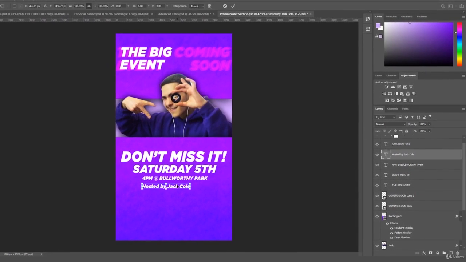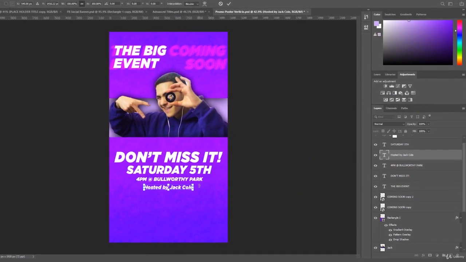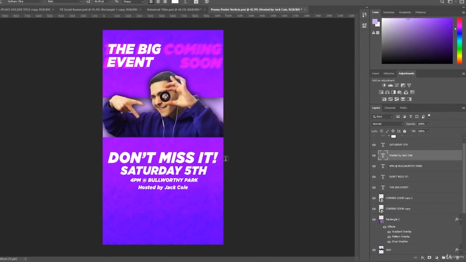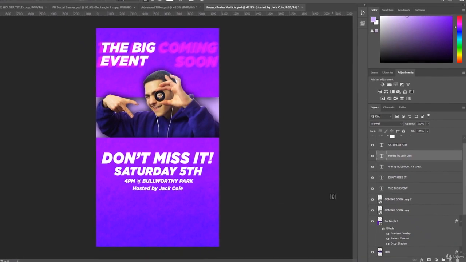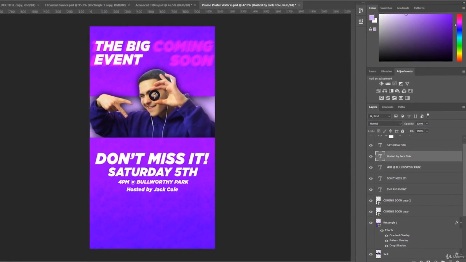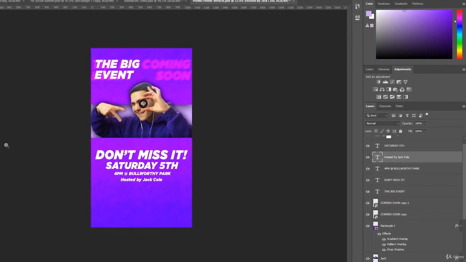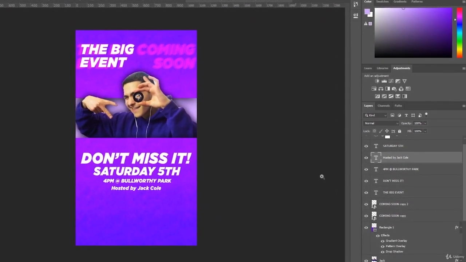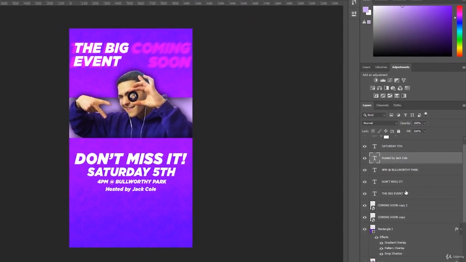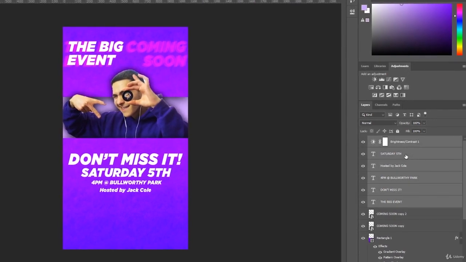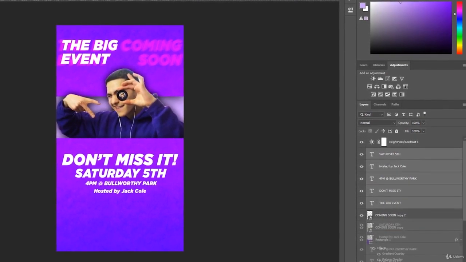Simple, simple. Drag that down here. I'm going to be at Bullworthy Park if anybody's down to come down and do it. And then what we can actually do is, if we're going to make it fully from scratch, what we want to do is create the arrows ourselves. But let's actually go here, select all these, duplicate them,